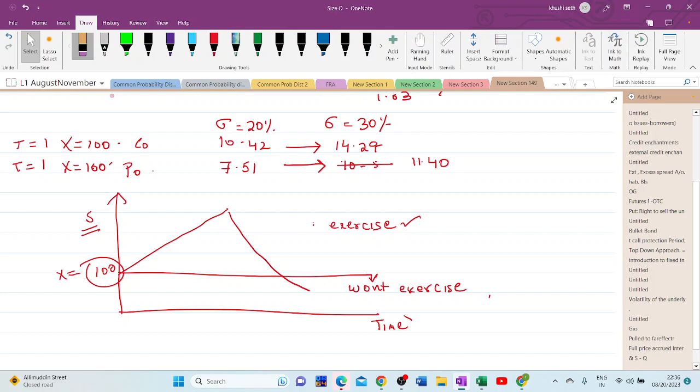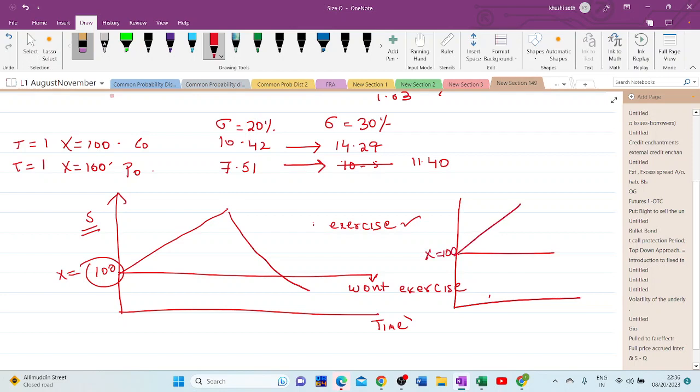Because he has everything to gain and nothing to lose, okay. And for the put, it's the same scenario. If the underlying goes up to 100, the loss will be to the put buyer, so he won't exercise, because he has a right to sell but no obligation to sell. If it falls, he is going to exercise. So this volatility, this zigzag movement in the price of the underlying, is going to benefit the put buyer also,